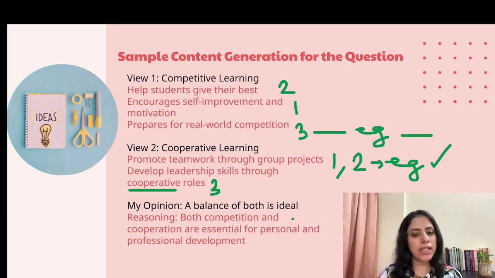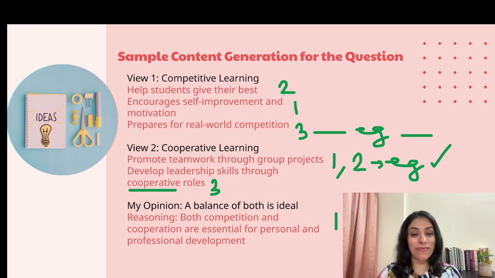Then for opinion, first of all I'll give the reasoning for my opinion, and then I'll add a short example of how it gives the child the best of both worlds when there's a balance between these two aspects. Okay. Now what I did here, one, two, three, when I organized it,